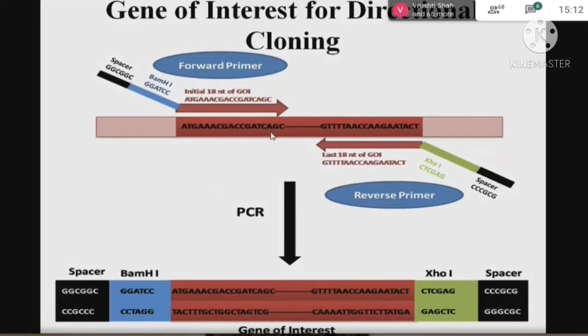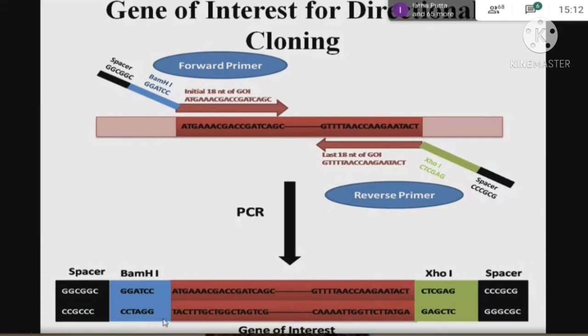Good. So you can see why we add this restriction site, because there is no BamHI site in this gene. After PCR, you will see that our amplified product has this restriction site at this terminal and BamHI at this terminal, and this spacer again becomes double stranded. So now your gene is this, your amplified product becomes this. It means there is no BamHI in this gene. Starting is ATG, stop somewhere.